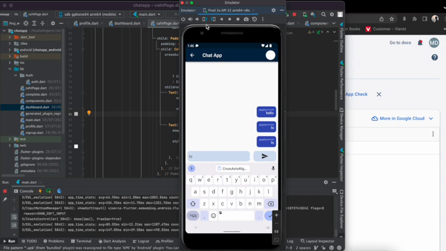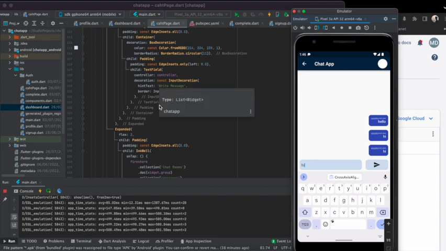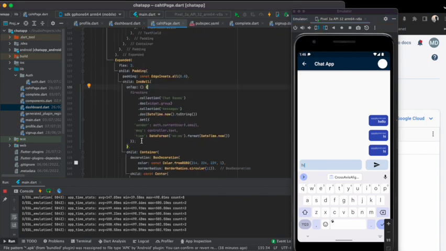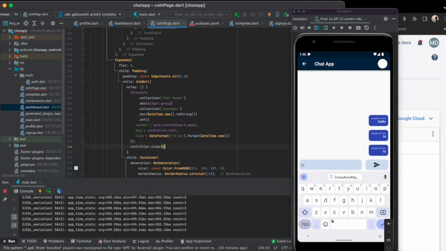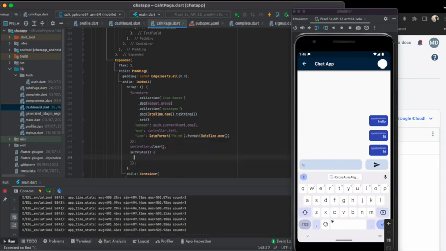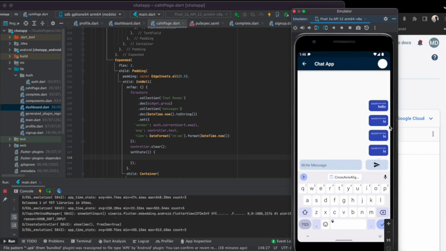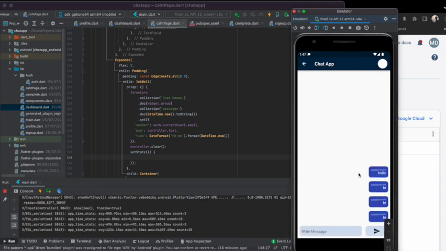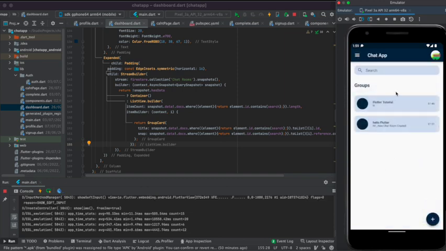Now when we send the message, it should clear this text field. For that, here after this, controller dot clear and here call the set state. Save the project. Now when you send the message, it will clear the text field. Now everything is fine. So everything is good, our chat system is running, but only one thing is left here,